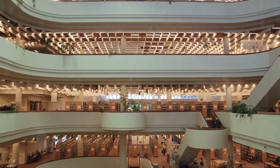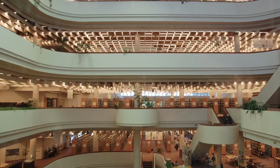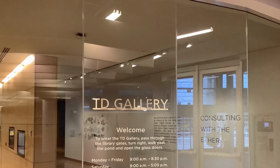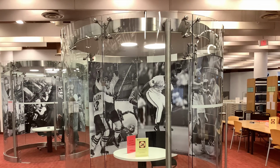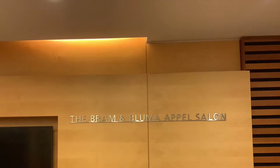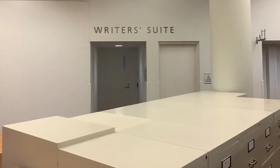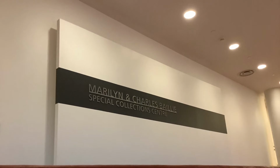The reference library features a plethora of different sections to it, which include a digital information hub that features 3D printing, the TD Gallery, which is the primary exhibit space in the library, study pods, the Bram and Bluma Appel Salon, the Norman G. Hinton Learning Center, the Writer's Room, the Jack Rabinovich Reading Room, and the Marilyn and Charles